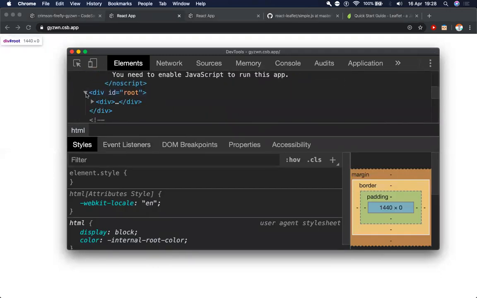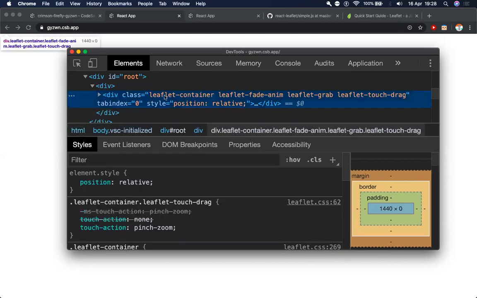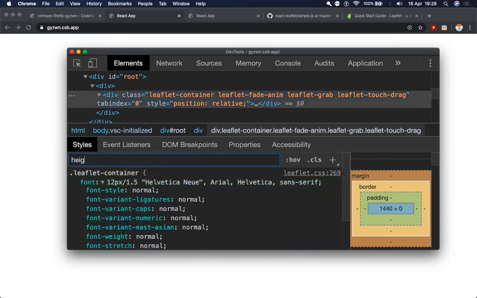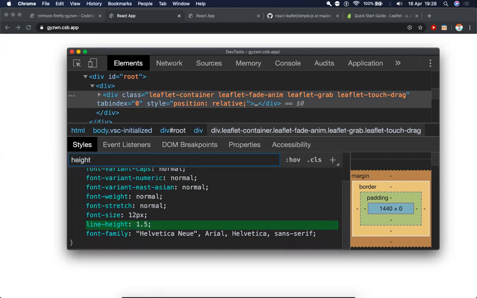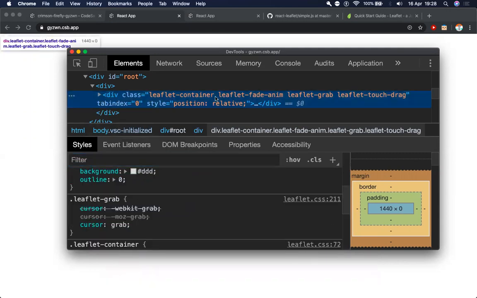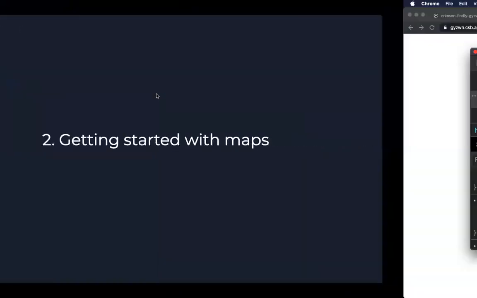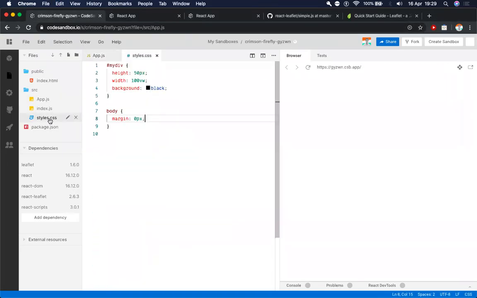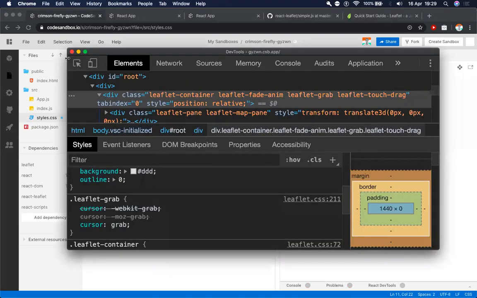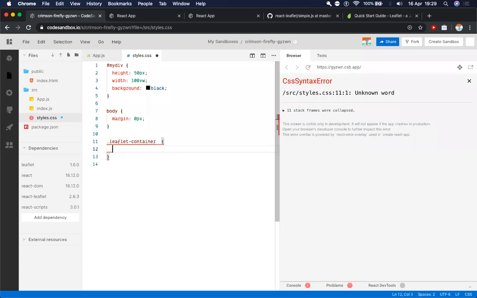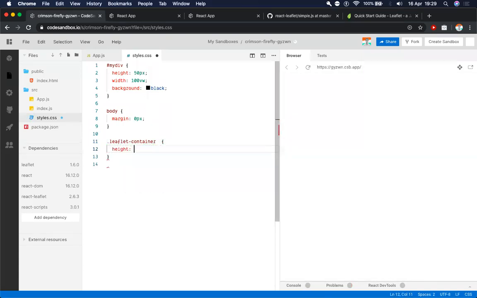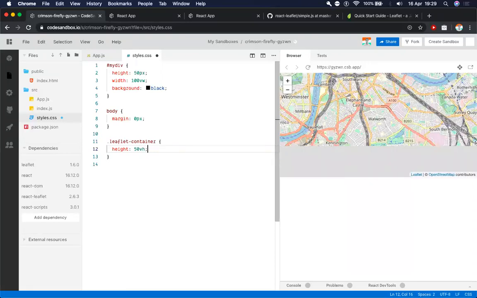So I will go into my CSS and check, yes. So we have a leaflet container here, but the height is not set to anything. So by default, unfortunately, React Leaflet does not help us with this. They don't set a default height there. So what we need to do is we need to take this class name here and we need to go to our CSS file. We define a CSS for our class name. I'll just close that for now. And in height, for now, let's say that we define 50 viewport height.